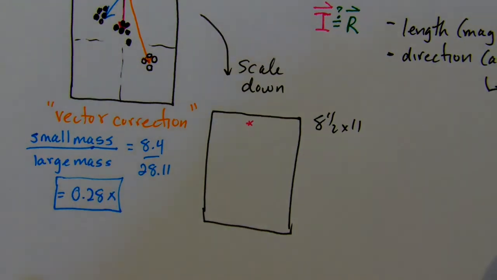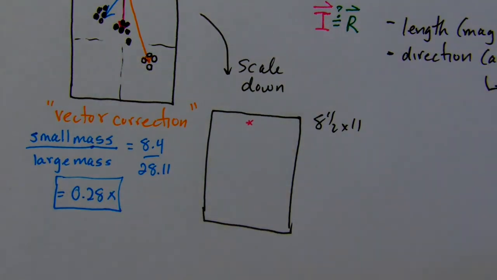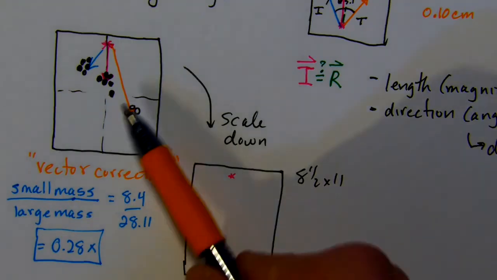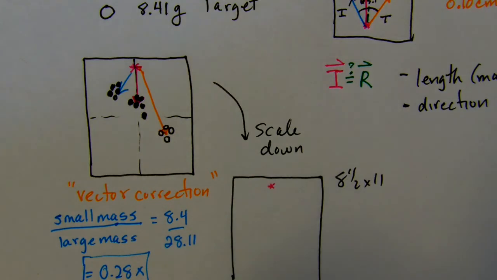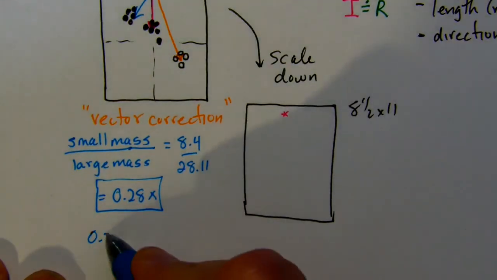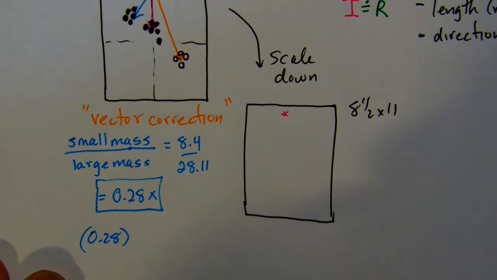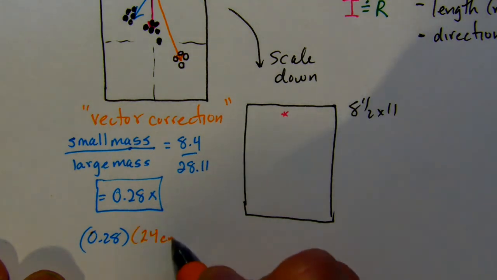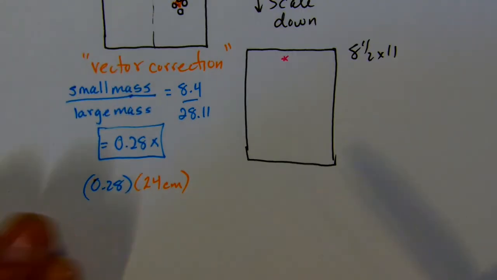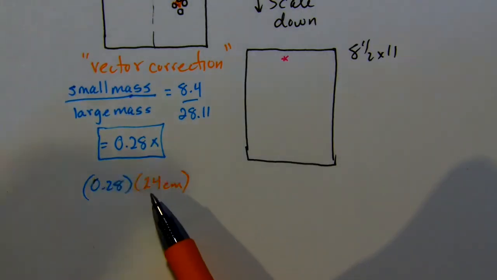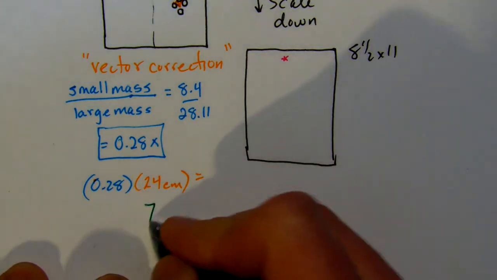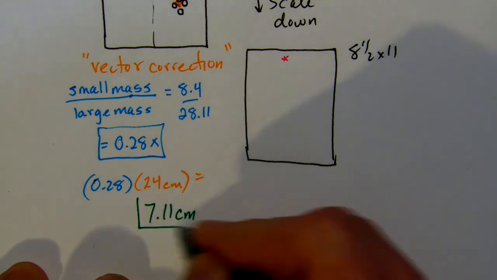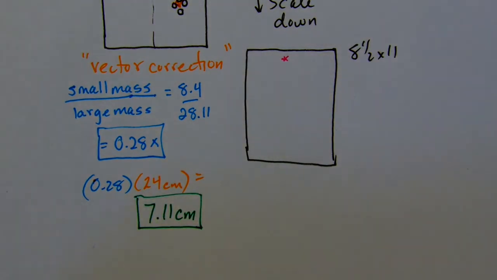So what you will do is you will multiply your orange vector up here, let's say that's 24 centimeters. You would take the 0.28 and multiply by the 24 centimeters. This is less than 1/3, so less than 1/3 of that would put us at about 7.11 or something like that. Let's just call it 7.11 centimeters. That is now your corrected vector. That is what you will add